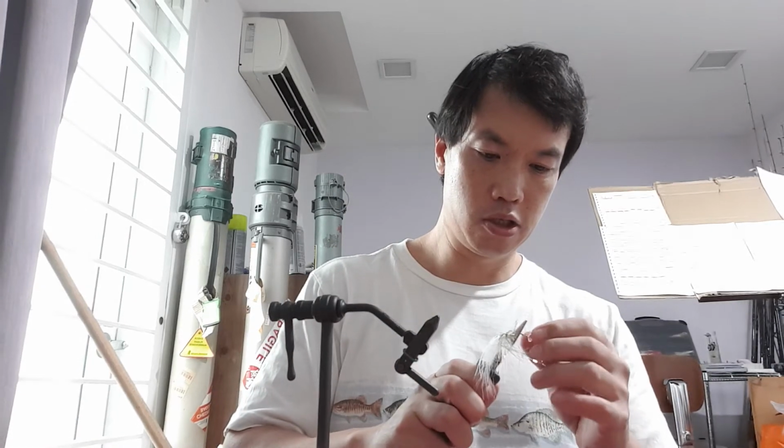Break that off. Now I have to make sure everything's straight. Okay, take your time with this. Really make sure the shank is exactly the way you want. I know you can buy commercially made shanks, but honestly, the way those things are constructed, I don't trust them either. Because